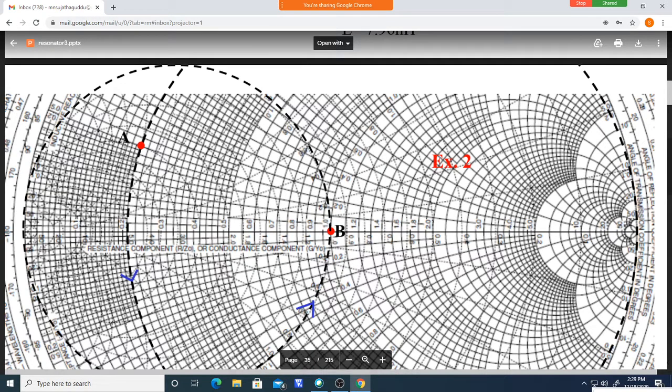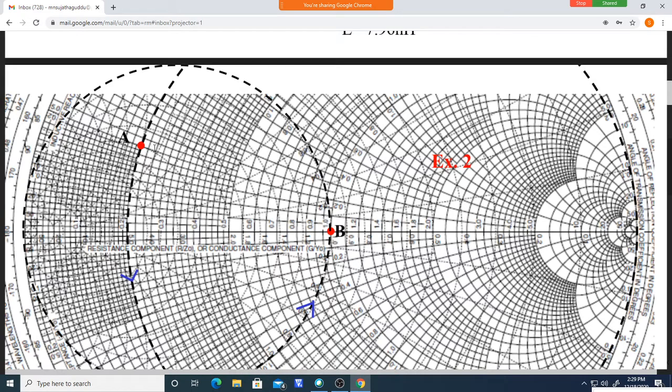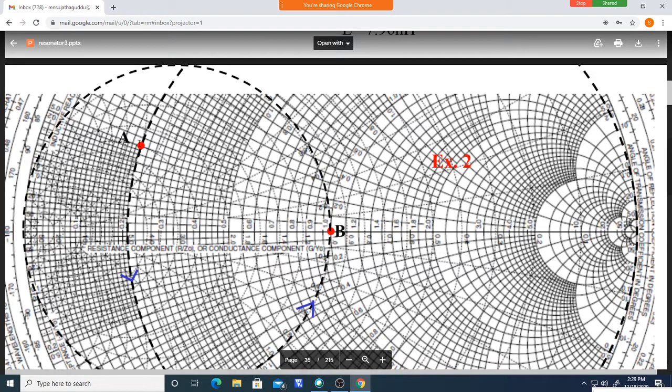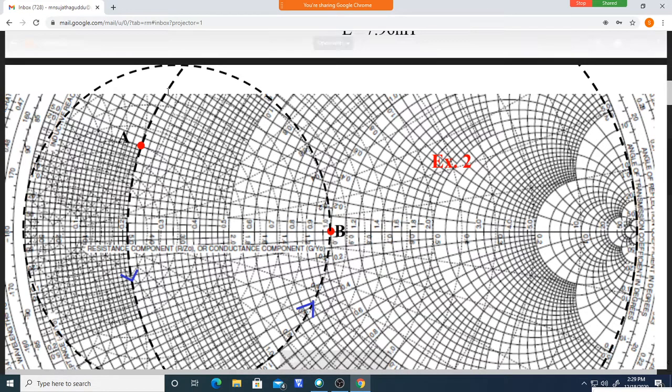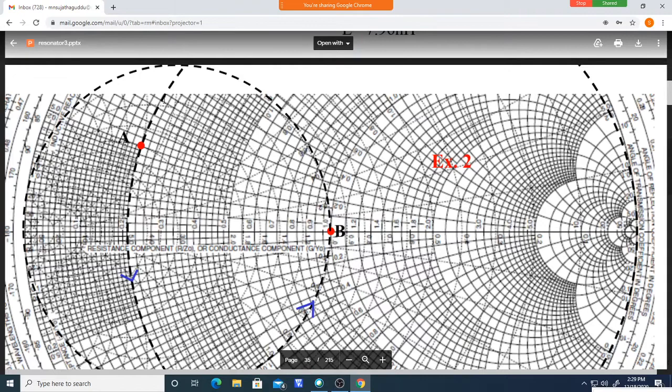Is that correct? This is the one. I cannot reach it. Even if I go in the anti-clockwise or clockwise direction on the conductance circle, I do not reach the G = 1 circle, or even the R = 1 circle. So I cannot move over this. The next option is to move on the resistance circle from here. Either you can move upward like this, or in the clockwise direction, or in the anti-clockwise direction. From here you can move in the clockwise direction like this.